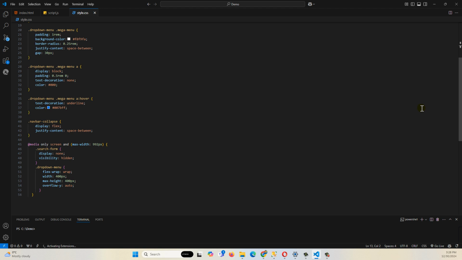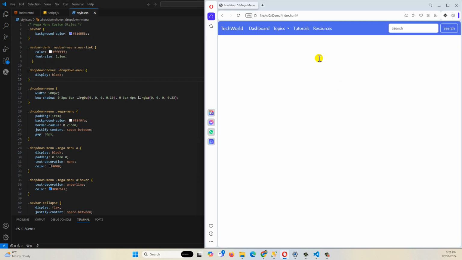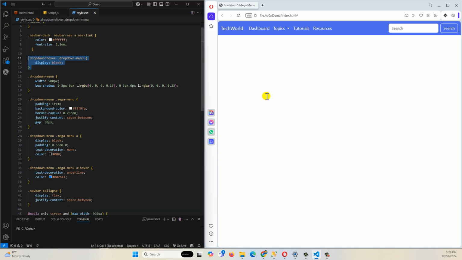Let's look at the CSS styles file. So here we made our navbar a blue background color, and a few other styles. The most important style is this one, which makes our pop-up appear on hover. Let's comment it out and check